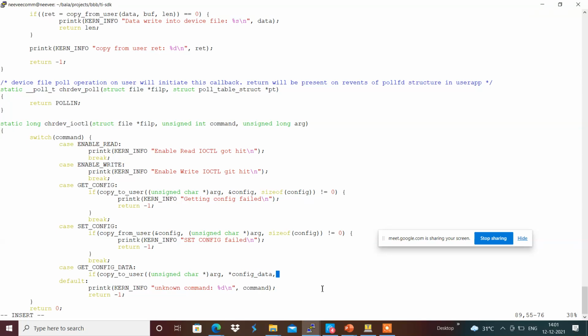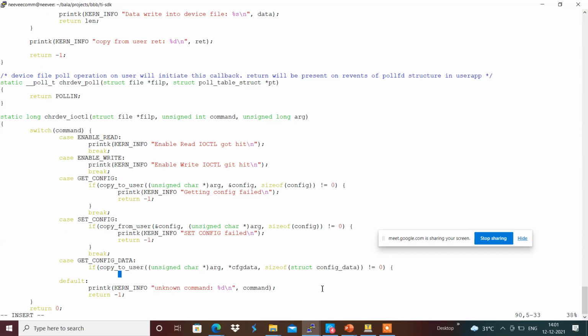I'm going to put something like CFG data, and if it is not equal to 0, then the copy to user has failed, and we will be returning -1, and we will provide a printk KERN_INFO get config data failed.